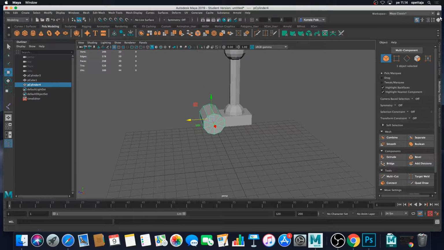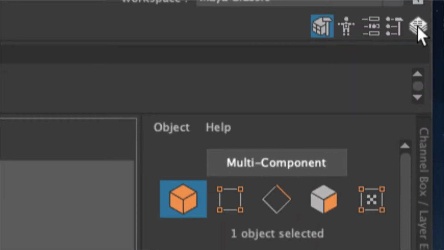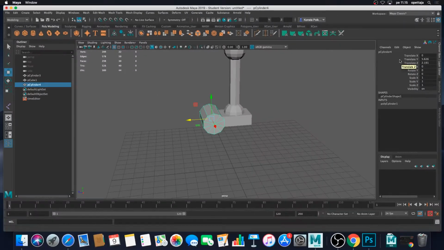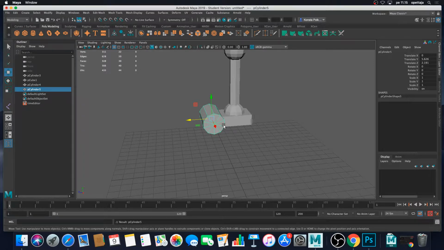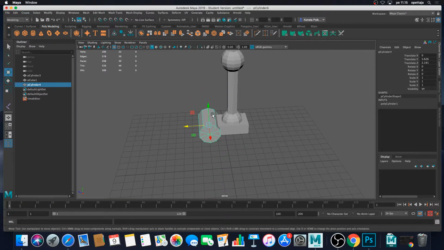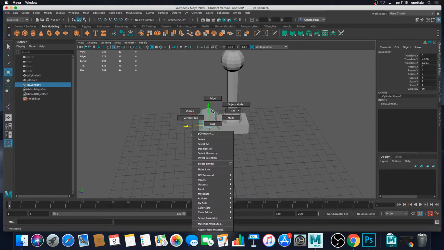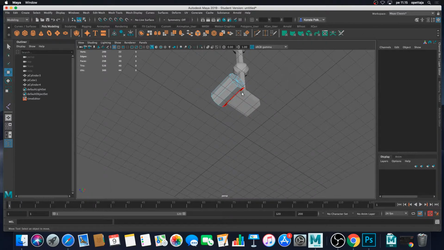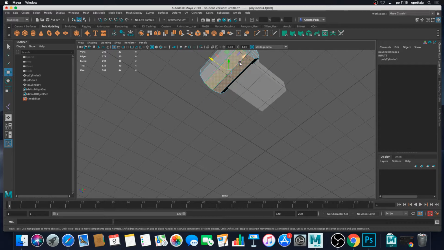After that, I'm going to open this channel box here, and now I can see translations of my cylinder. So I'm going to keep my cylinder selected and press Shift D, or actually I'm not going to press Shift D just yet, because now I'm pressing down, my mouse is right on top of that, and select face selection. And I'm going to select two faces down here,